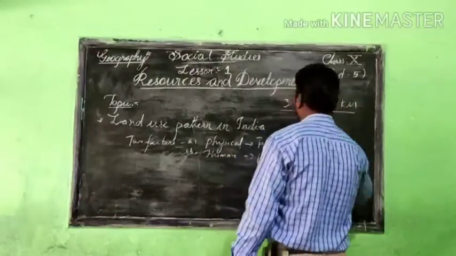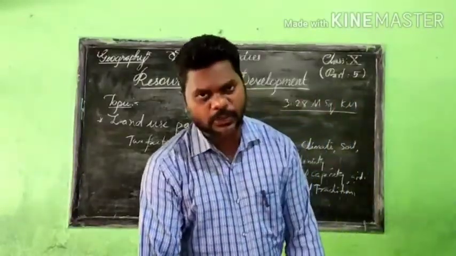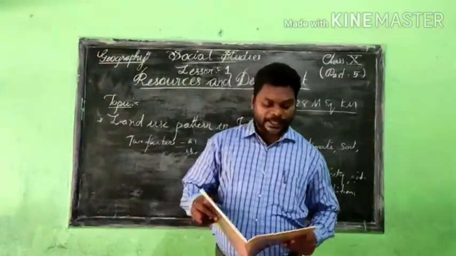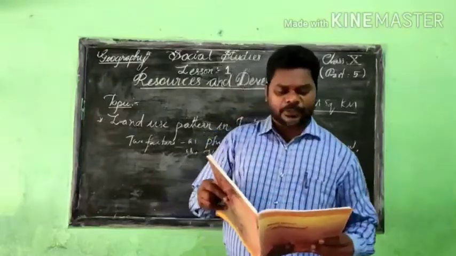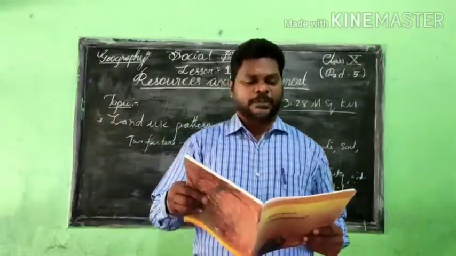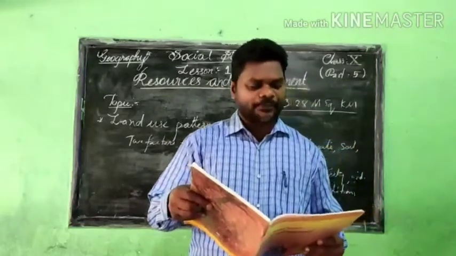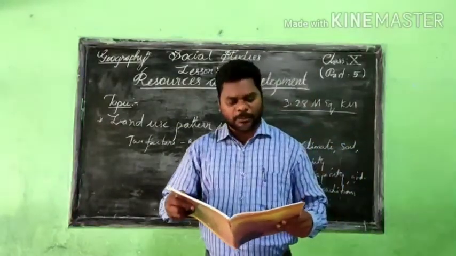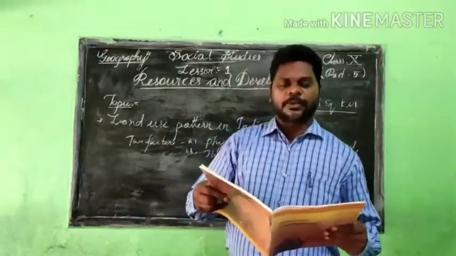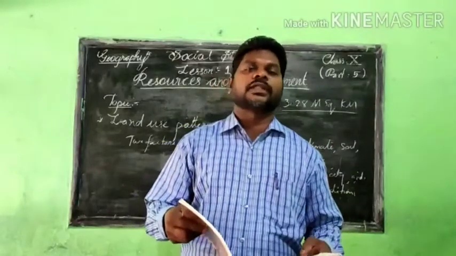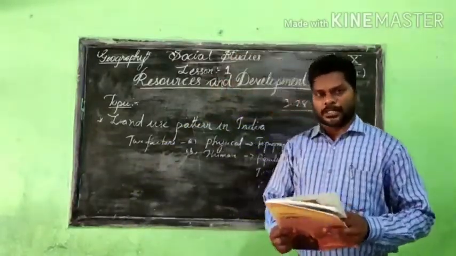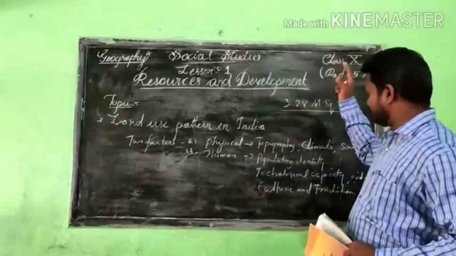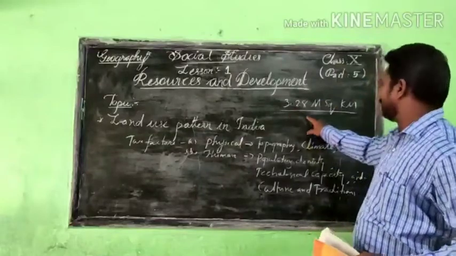Okay, this is the area for the total net zone area, maybe 3.28 million square kilometers. The geographical area. And land use data, however, is 93% of the total geographic area. Here the land use data gives the information that it is 93% of the total geographical area. That means the remaining percentage we are not using.